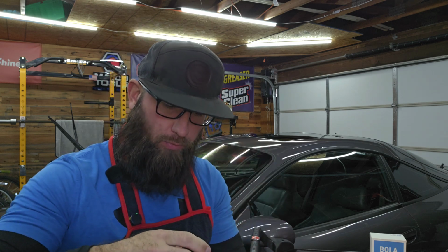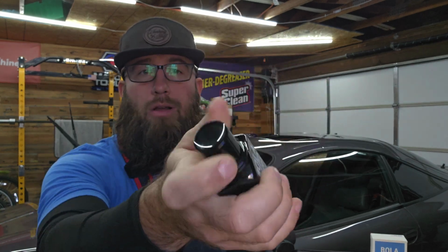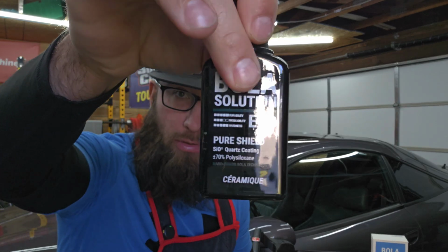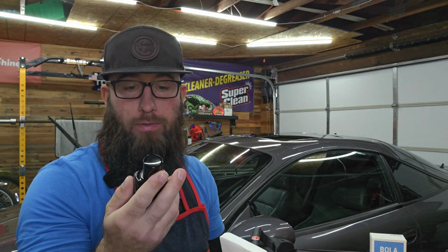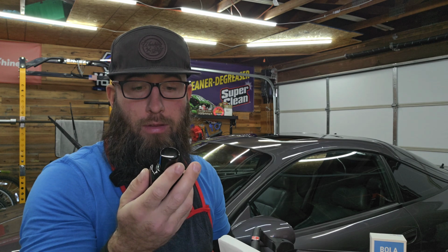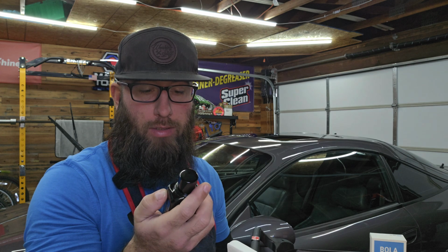Let's go ahead and unbox this. What's really cool is the bottle it comes in. Almost looks like a cologne, honestly. BOLA Solution Pure Shield Evo. And it's got the bars on top. Durability 5, workability 3, and hardness 5. So SiO2 quartz coating, 70%